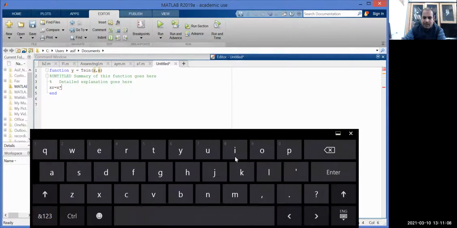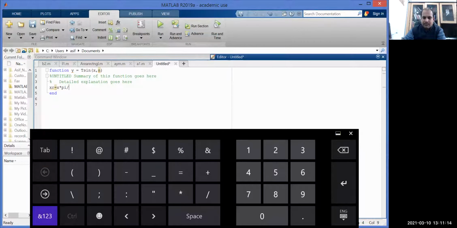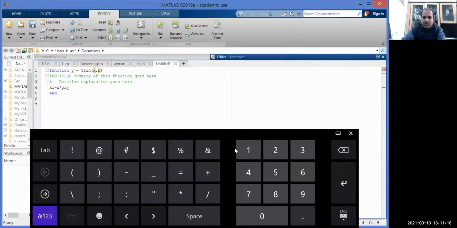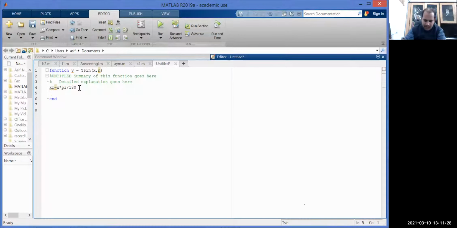Pi in MATLAB is written as pi, divided by 180. This is just as per the question. Whatever value we enter, xr will be its converted value of x in radian. And the next line, we need to initialize y from 0.